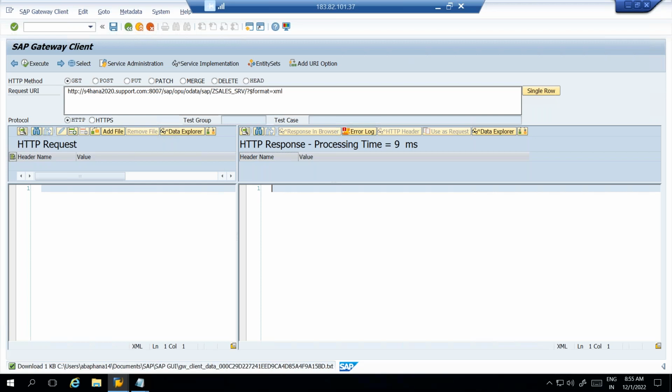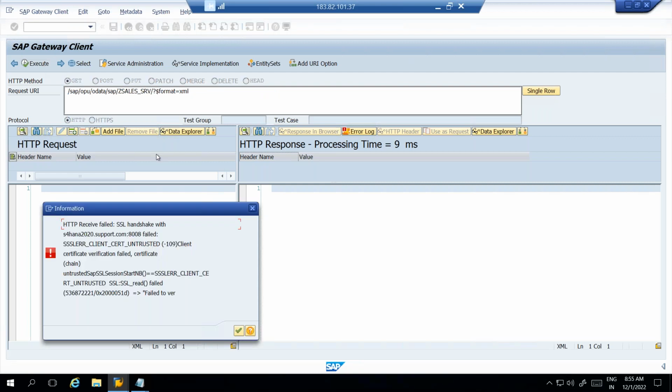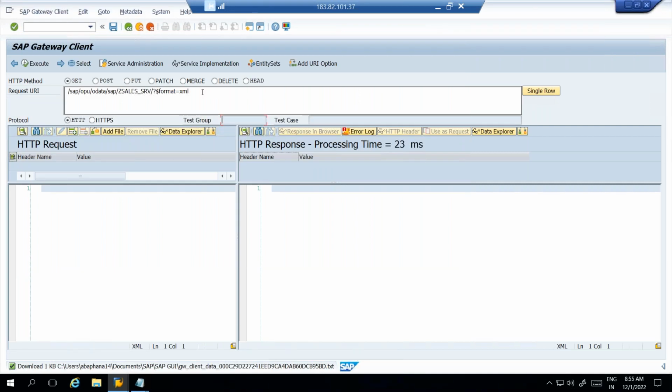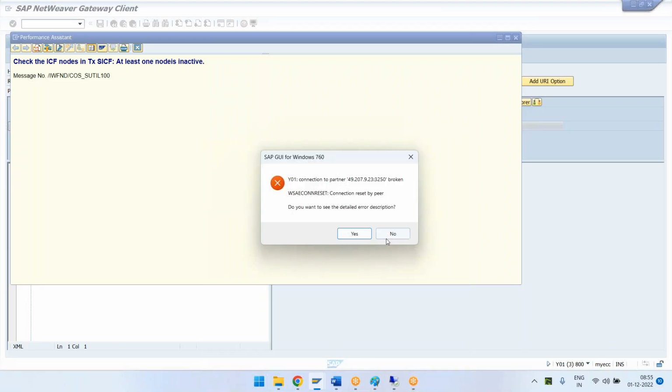Handshaking is not working. How can I tell you about these OData services? I just need to see why the handshaking is not working. If the handshaking is not working, then you can't work on your OData services over here. But anyway, when I go back to my document,